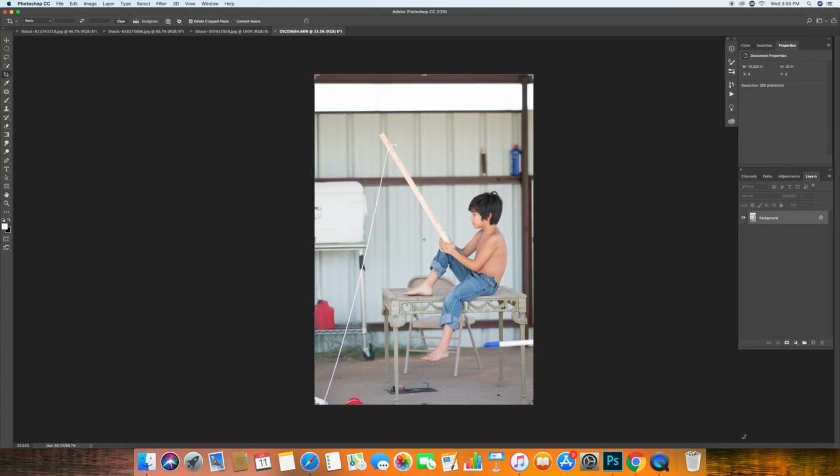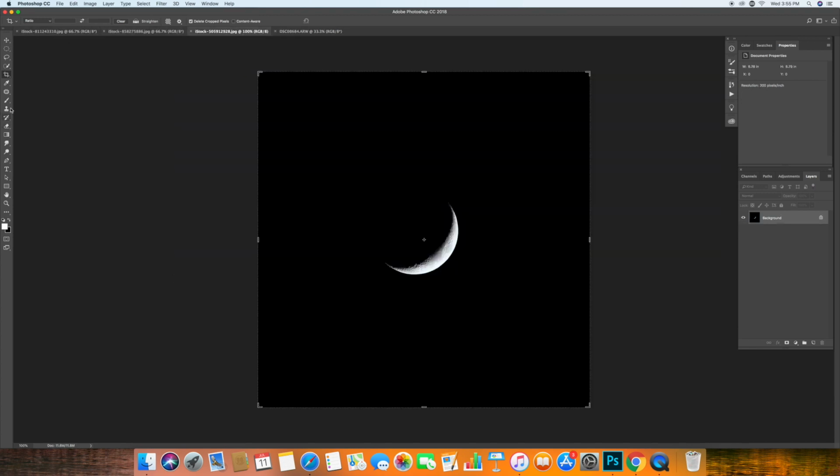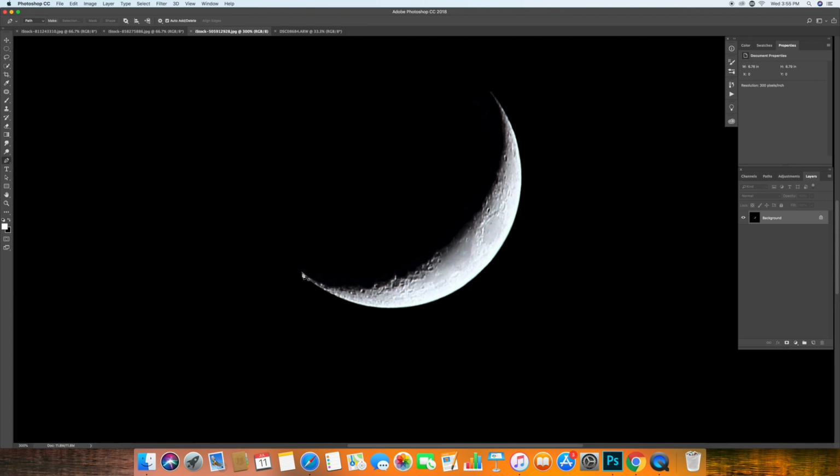So the first thing I'm going to do is select my files, and I'm choosing this one of my son that we did in our backyard. I'm going to make sure that I've got all the different pictures that I want. So what I'm going to do is cut out this crescent moon that I have here